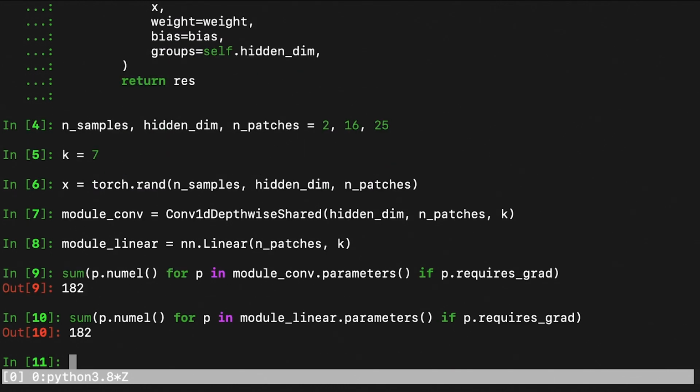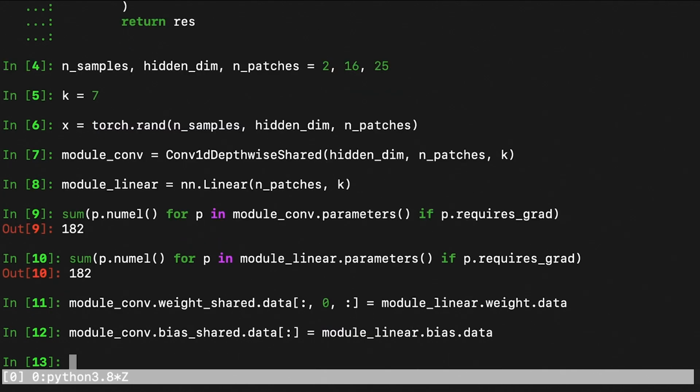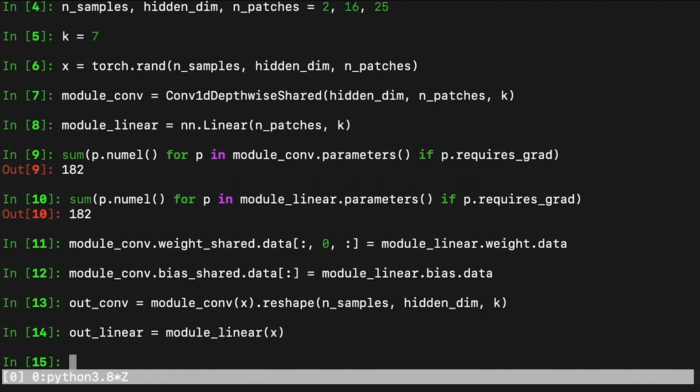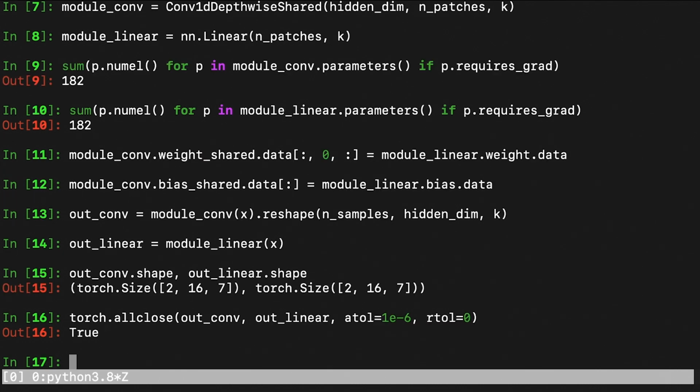When it comes to the number of learnable parameters, they are equal. Unfortunately, these parameters were initialized in a different way, so we just want to make them equal. All right, so now we take our input tensor and we run it through both of our modules. All right, let us check out the shapes. As you can see, the shapes are identical. And if we compare them element-wise, they also seem to be the same. To summarize, token mixing can be written as a depthwise convolution where the filter is shared across all the channels.